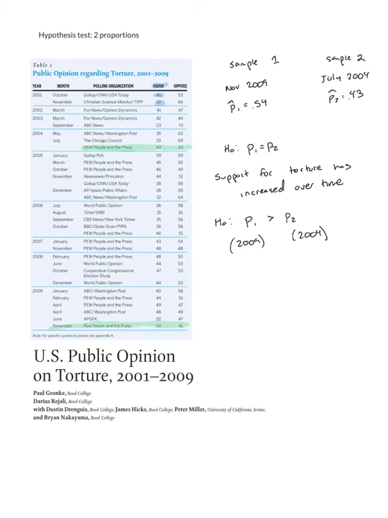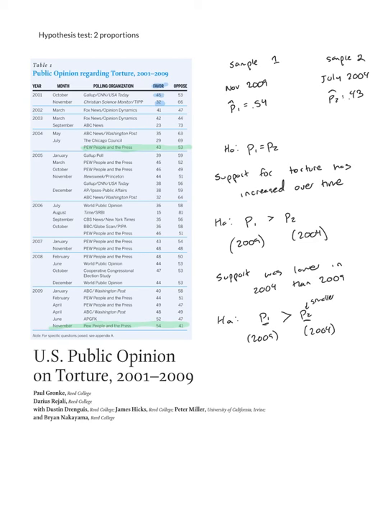Let's say instead that what I want to show is support was lower in 2004 than 2009. In this case, for my alternative hypothesis, p1 and p2 are 2009 and 2004, and I need to pay attention here. Support was lower in 2004. That means this one should be the smaller value, which means I should still put a greater than symbol there, because this says p1 is bigger than p2.